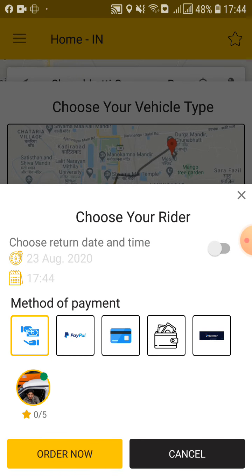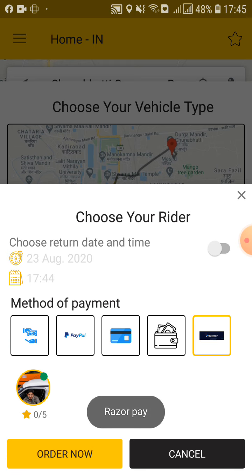And now what happens after that, you see here which method you want to pay with. So I have clicked on Razorpay, the fifth position. You can select cash on delivery. If you don't trust the application, then you just click on cash on delivery, and don't pay first. So we are selecting Razorpay because I know that it is only for demo purposes. So just click on the driver.